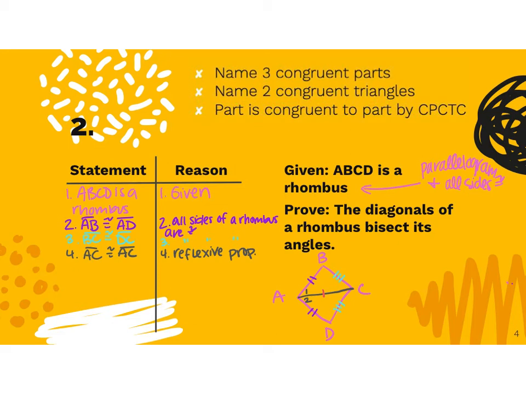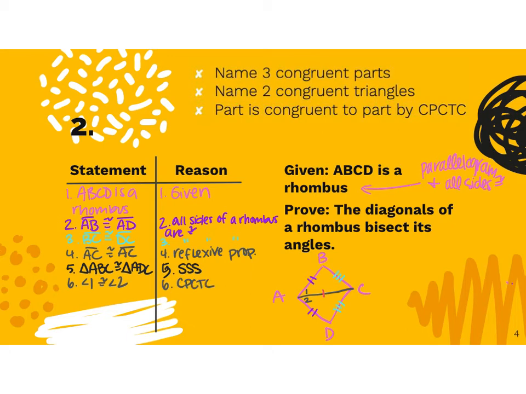Now that we have our three parts, we can say that triangle ABC is congruent to triangle ADC. A corresponds with A, B corresponds with D, C corresponds with C. For this one, we were able to prove it because we had side, side, side. Because we've proved those two triangles are congruent, we can now say that angle 1 is congruent to angle 2 because corresponding parts of congruent triangles are congruent, or